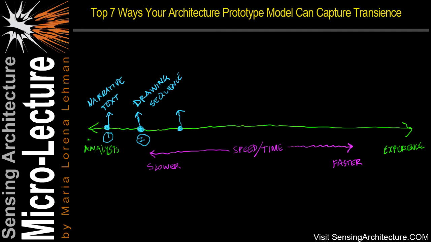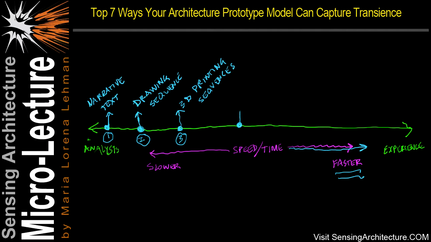Now, the third way to model or prototype architectural transience is with 3D printed kinetic or shape-shifting sequences. So this allows you to observe in 3 dimensions how your environment or design will look so that you can make great design decisions as your design morphs in time. Now, along the spectrum, you can see that time is in a sense speeding up, as it travels to the